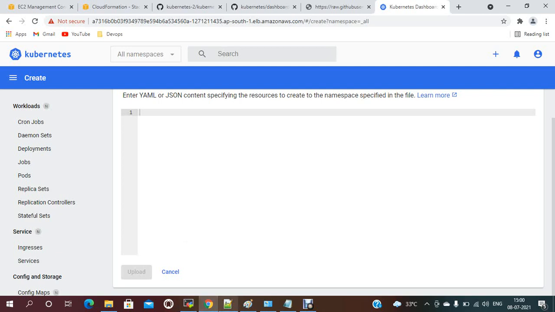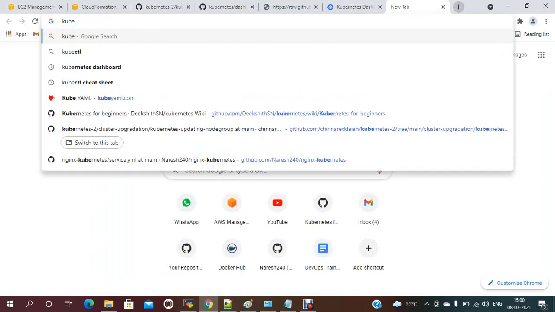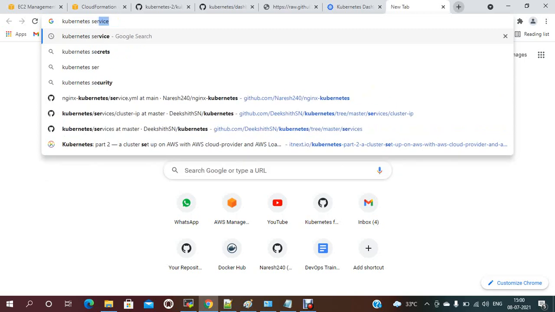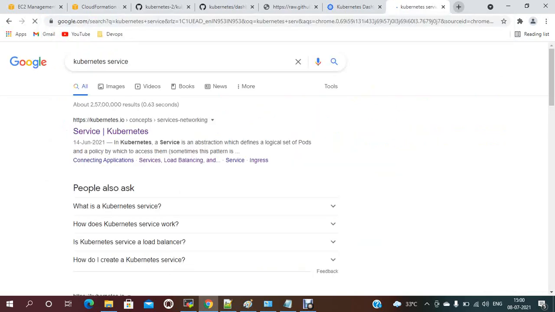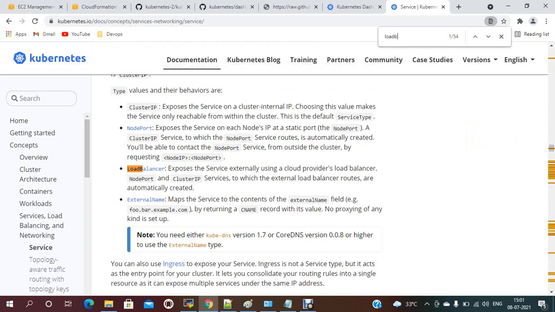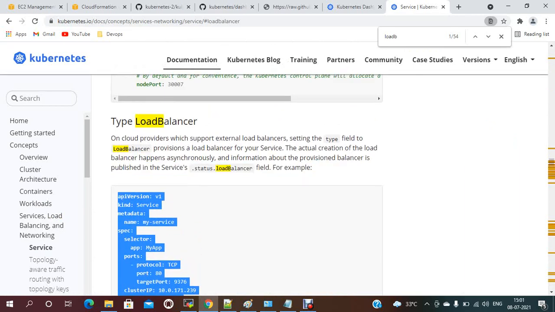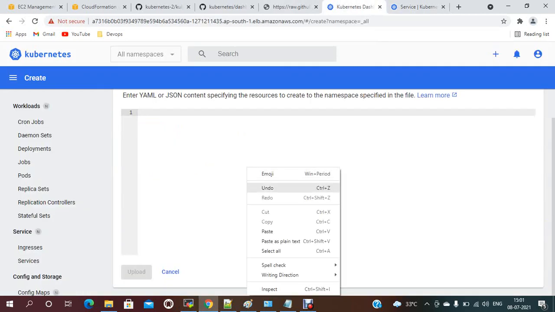So let me try to deploy a Kubernetes service. I'm just giving some default service. I'm going to create some default services from the UI.